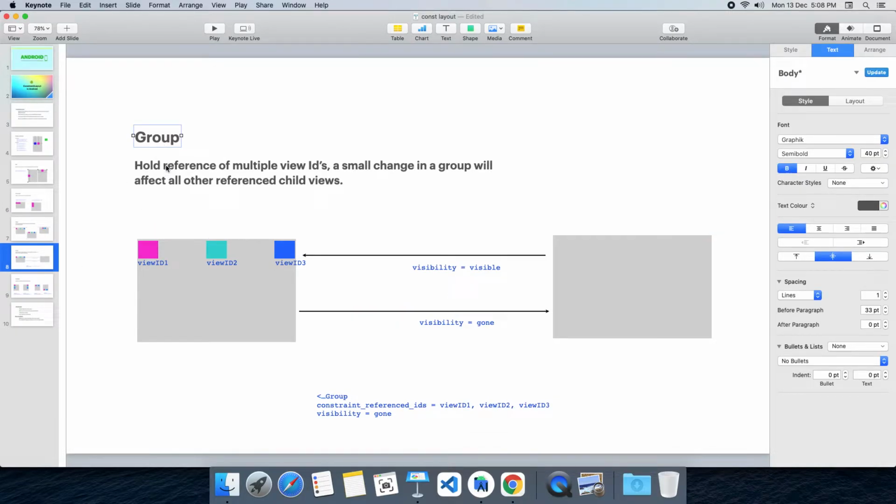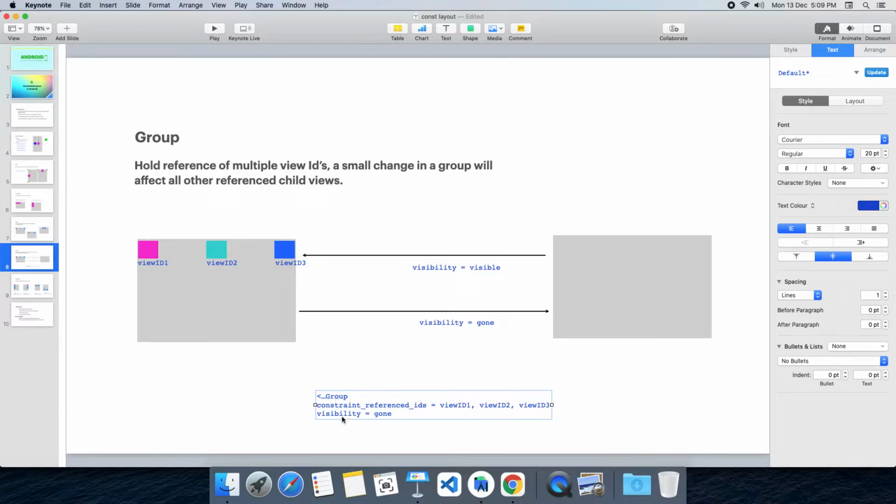Group is an invisible widget in our container, the constraint layout container. Here the group holds references of multiple view IDs. Why should it hold references of multiple view IDs? That is really important. In our Android application, sometimes we want to disable some items, sometimes we want to enable some items. When it comes to enabling multiple views, consider 10 items you have to enable or disable. You don't want to call first view dot enable, second view dot enable, third view dot enable one by one. So instead of doing so, create a group and then give all of your IDs as a reference to this view group.